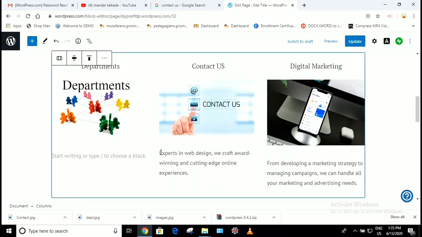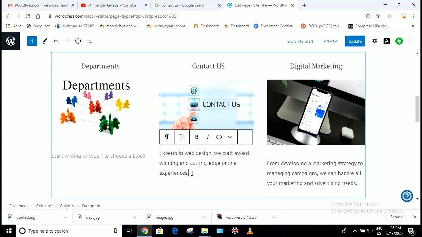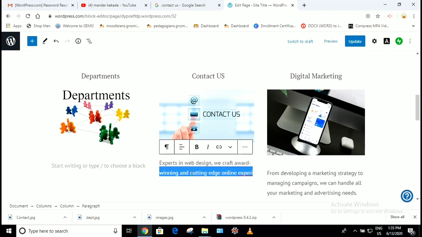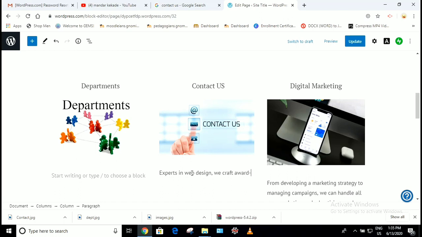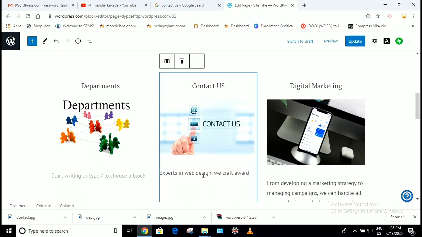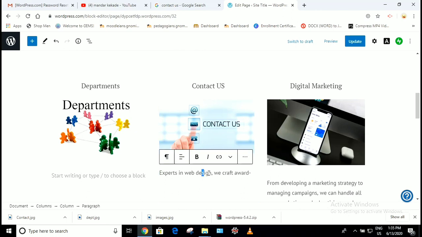If you want to keep this, you can, or otherwise you can delete it. Just select it and delete it. It's very simple. It will take some time to delete, as you have to delete the contents word by word. Okay.